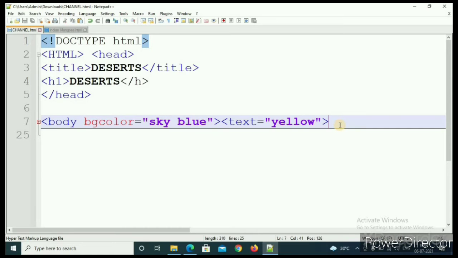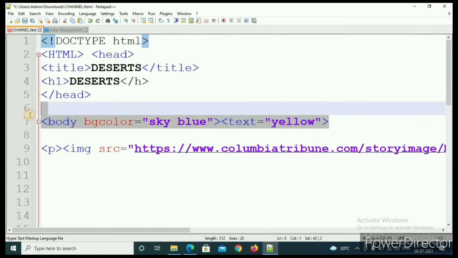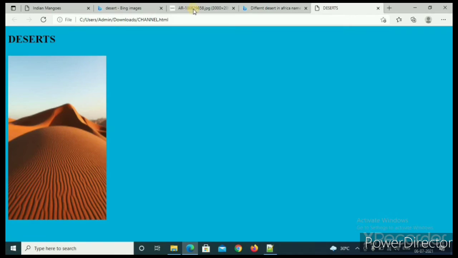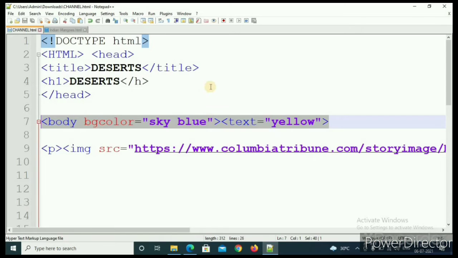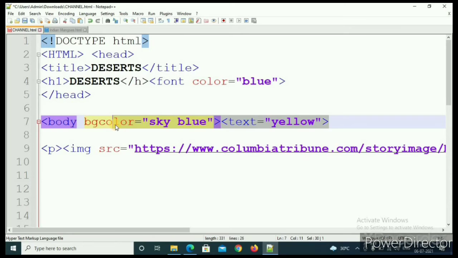But I think if we write this, then the color will be yellow. So I'll paste it here.